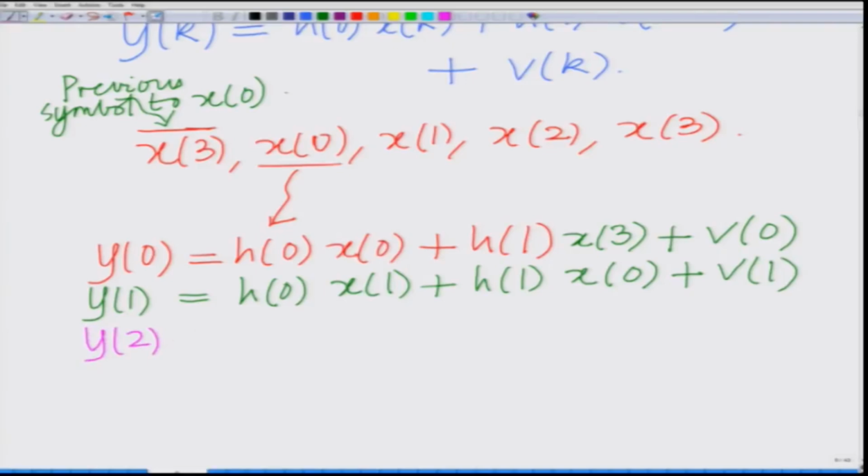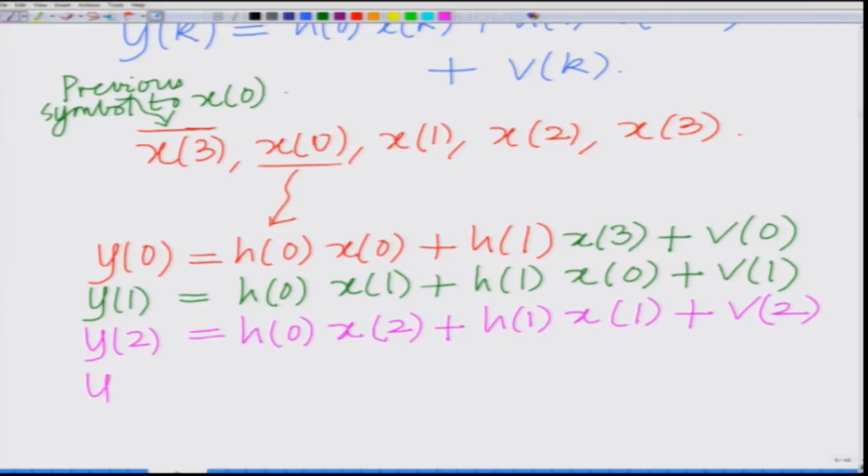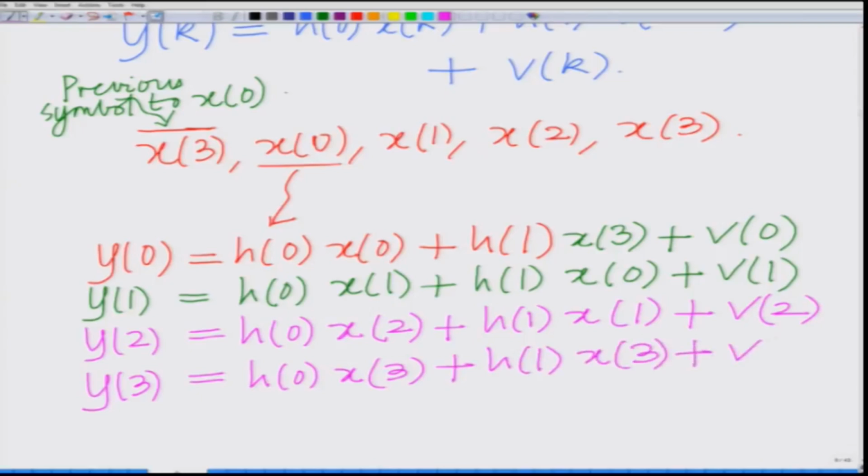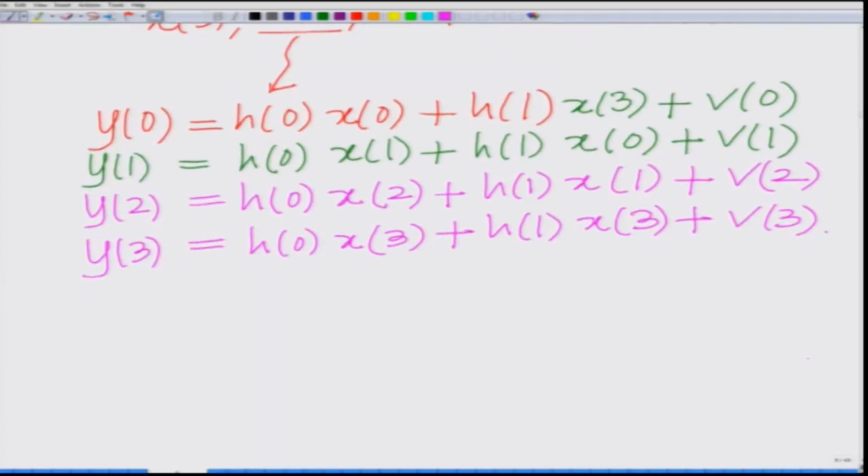Y2 equals H0 times X of 2 plus H1 times the previous sample X1 plus V of 2, and Y3 equals H0 times X3 plus H1 times the previous sample, that is X2, plus V of 3. And now, these are the samples, and now we said yesterday, if you look